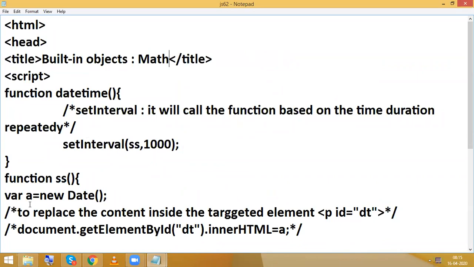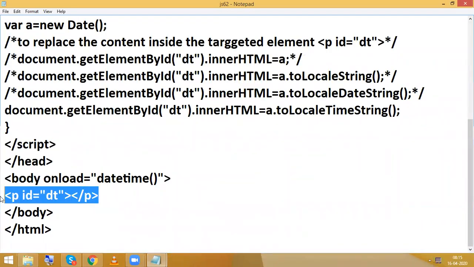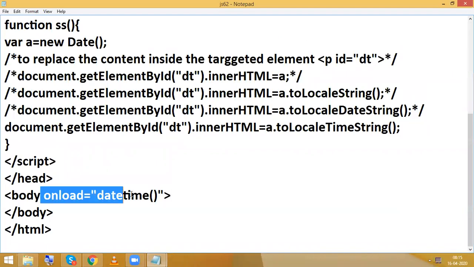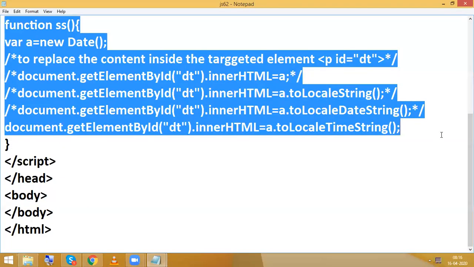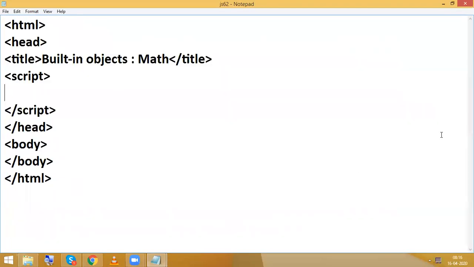Okay, so math object. document.write, so now here Math.sqrt, nothing but square root.